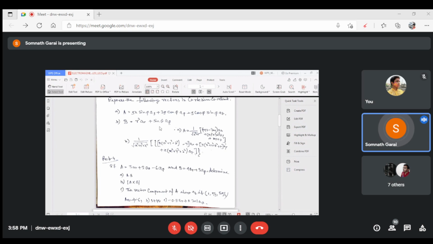Then we put the value of sin theta, cos theta, sin phi in respect of Cartesian coordinate, that means x, y, z terms. Then if we get these in terms of x, y and z, write down the equation: capital AX into small ax plus capital AY into small ay plus capital AZ into small az. Okay.